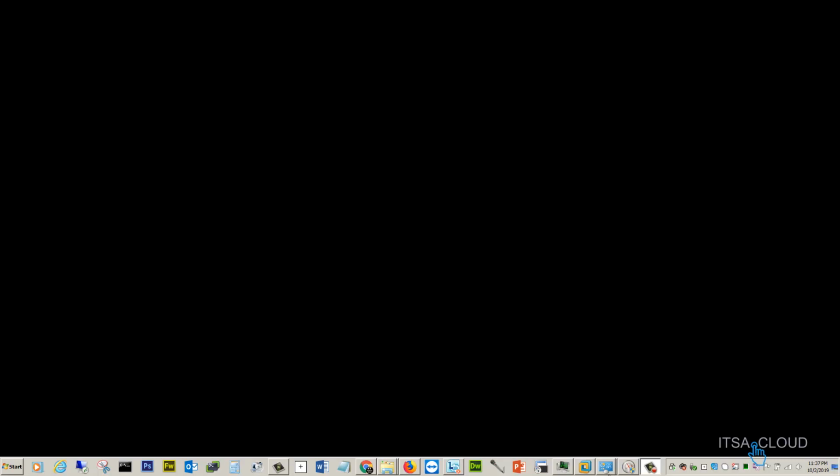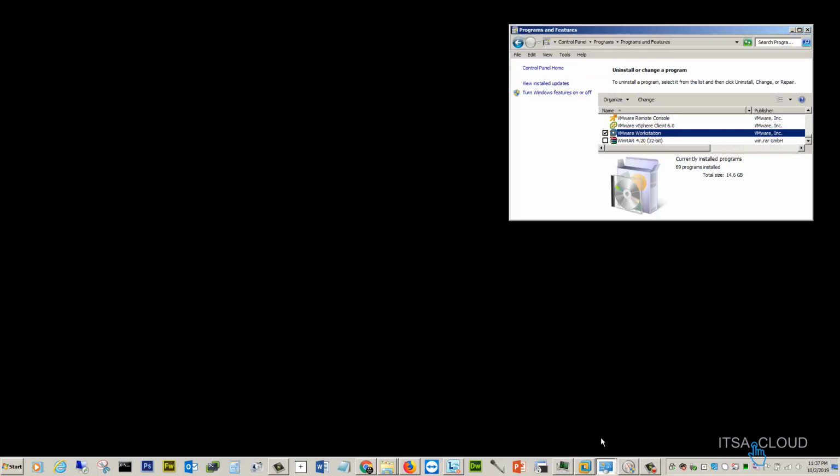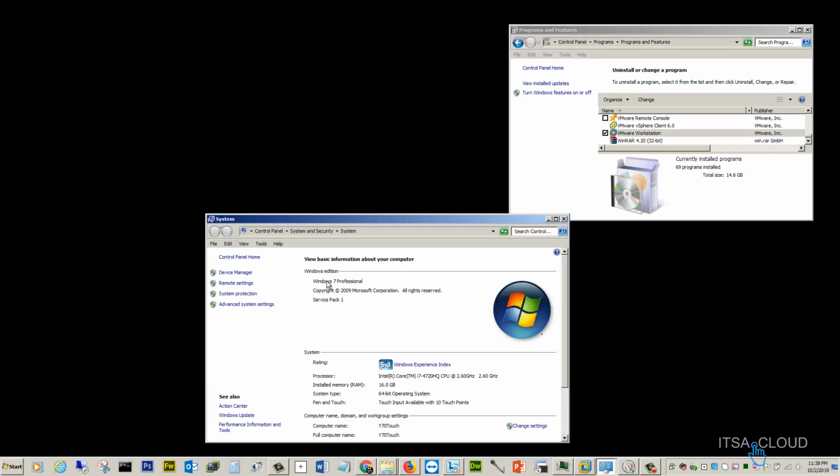If we go to control panel, programs and features, you can see that I have VMware workstation, right? This is the hypervisor over this operating system, because this is an operating system. If you can see, this is Windows 7 Professional, and I have some CPUs and memory and all that stuff.